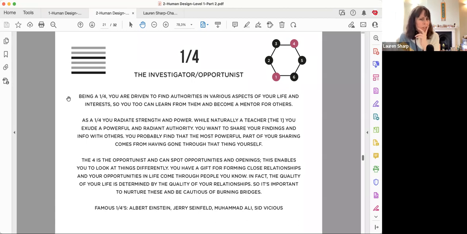Investigating, looking at it, reflecting on it. Don't get too messy. Find out where things are, how they work, and then go through it, reflect on it, look for opportunities. The 4 is very good at seeing opportunities. Always, if you want a referral for something and you're like, I need to find a good doctor, or I need, if a person has a 4 in their profile, ask them.